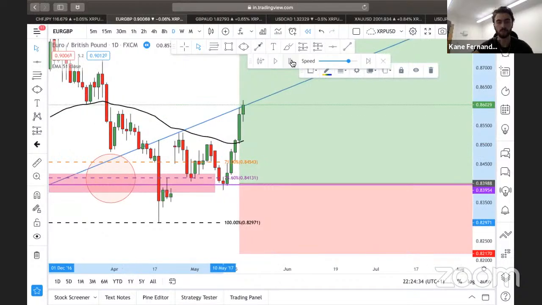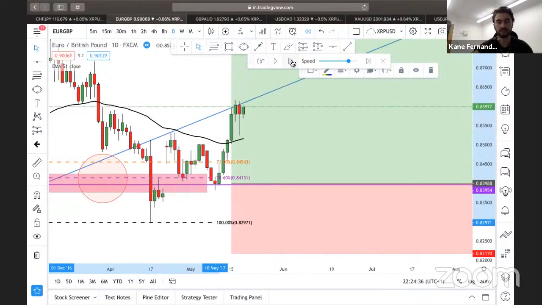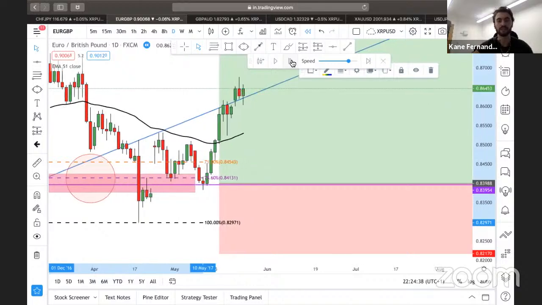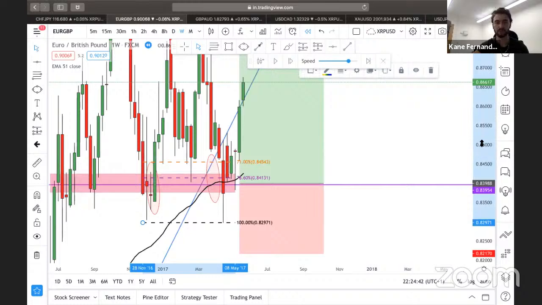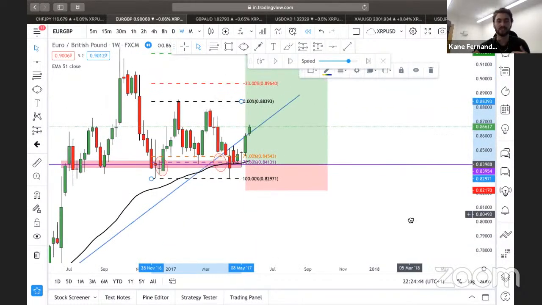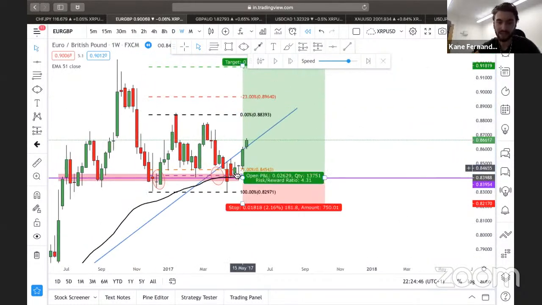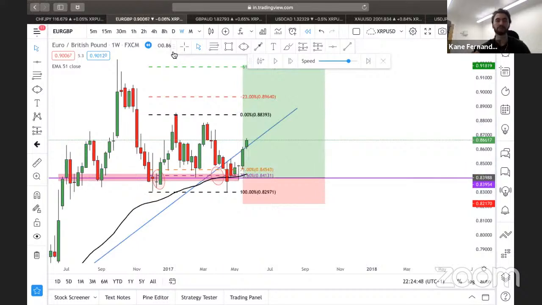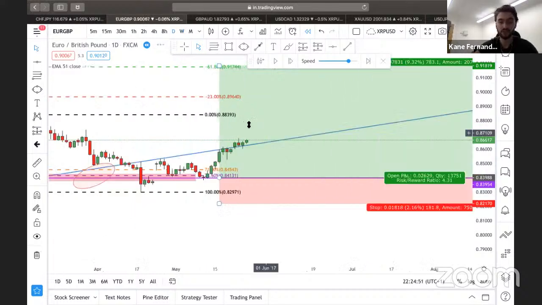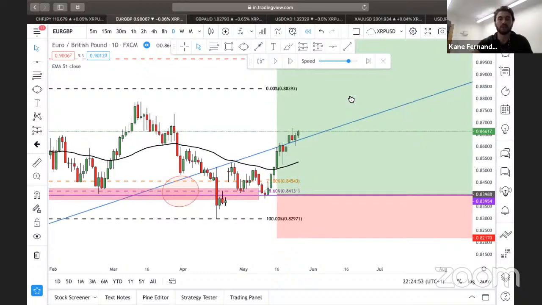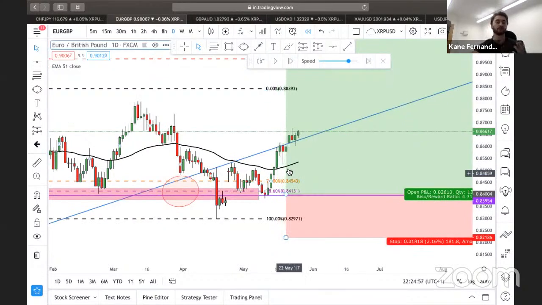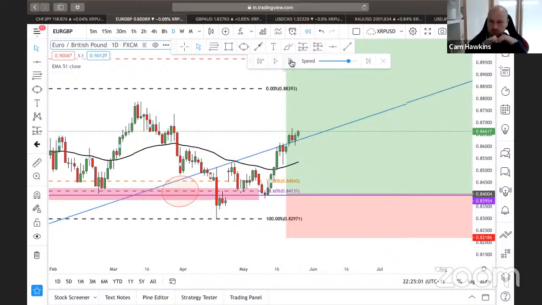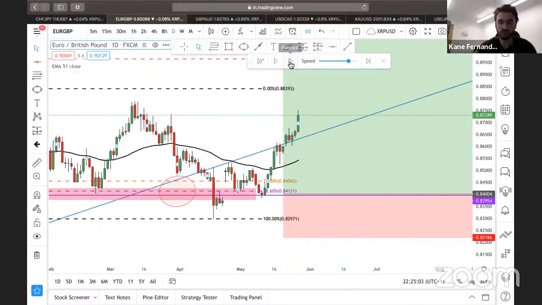Right. I don't think this is for me anymore, because you've got to think now it's going to be the trend line. If you look back on the weekly, the trend line is going to be broken. So the trend line's broken. Obviously the EMA has been respected. It had a nice rejection on the weekly time frame. But for me and my trading, would I have entered this? I wouldn't. I'm not going to lie and say I would enter that, because it didn't meet my rules. If it doesn't meet my rules and I'm double thinking it, I won't take a trade. So, cool, I wouldn't have taken a trade on that.